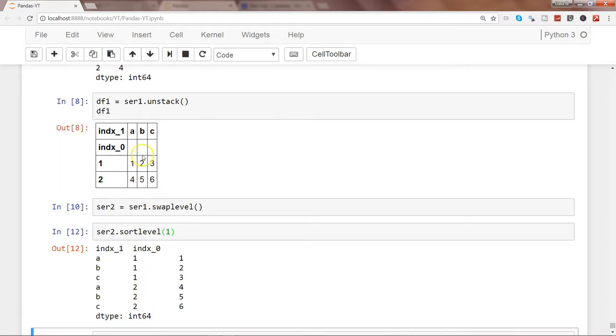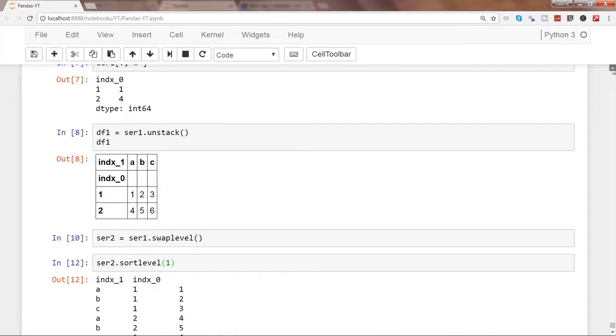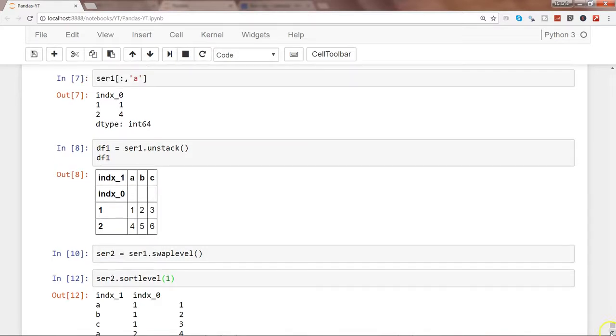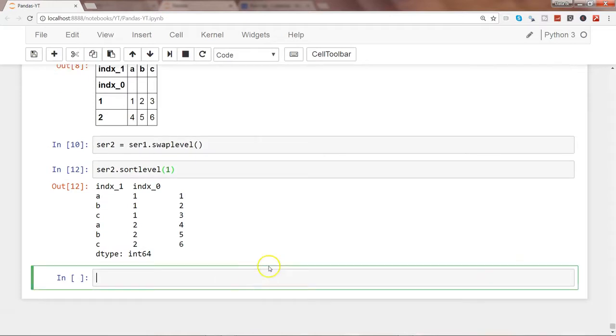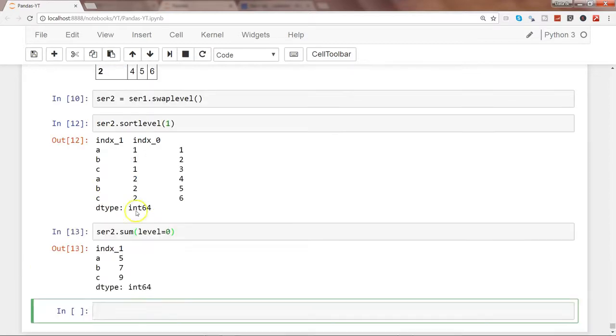Let's try now doing the summing of data. So for that, what we can do is go down and over here write the ser2 dot sum, and let's indicate the level, maybe let's say level 0, and let's take output.